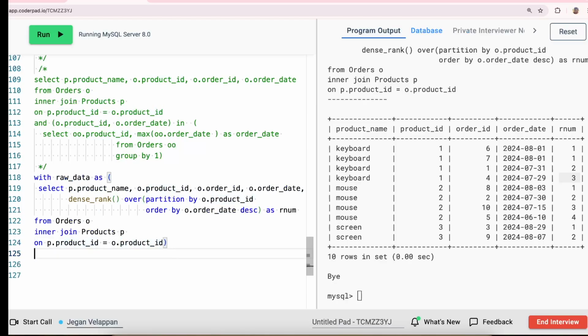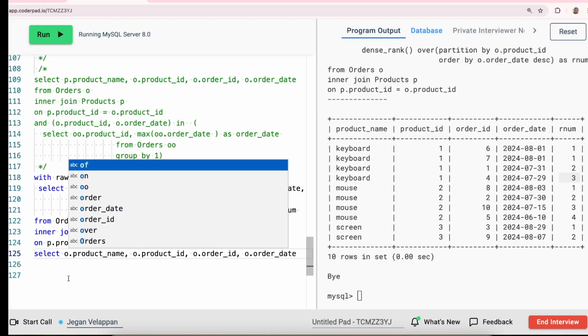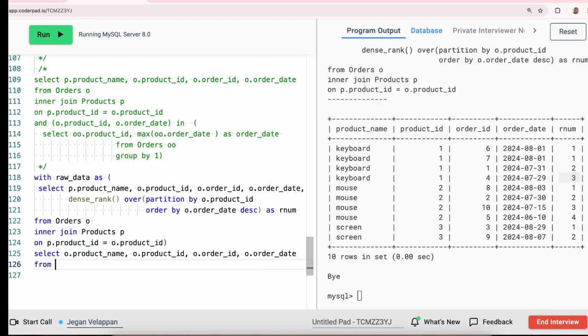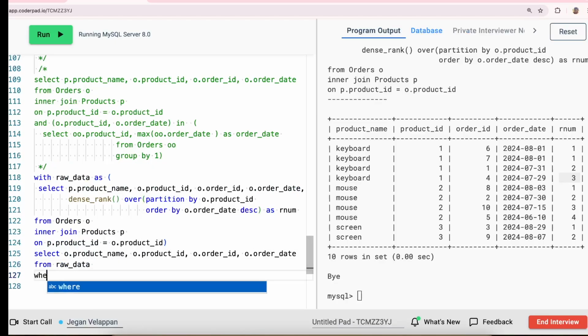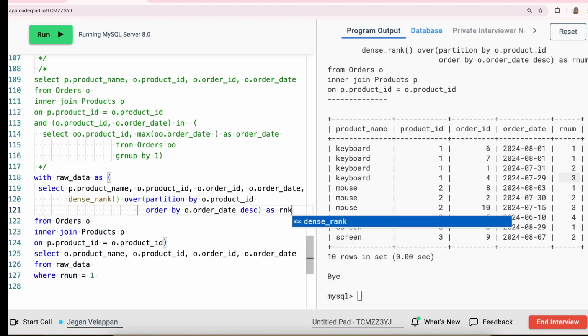We take this data set and we simply say select the product name, all this, the alias name, make it constant from the raw data where the row num equal to 1. Actually, it's a dense rank. You can say rank instead of row num. Rank equal to 1. So when I run this, it will get you the